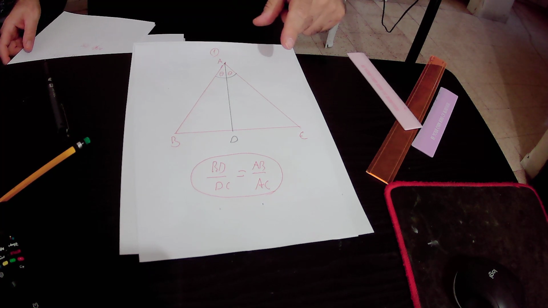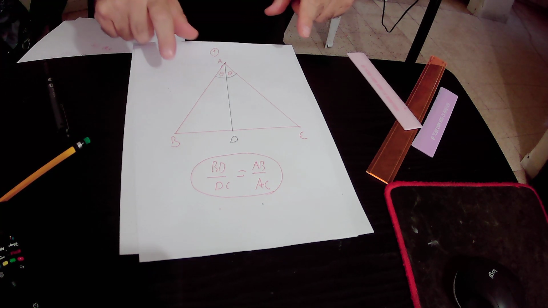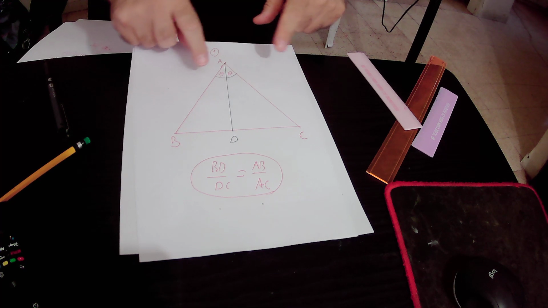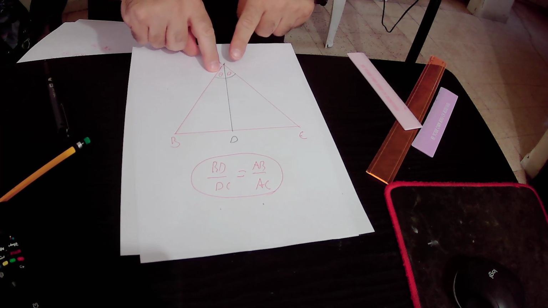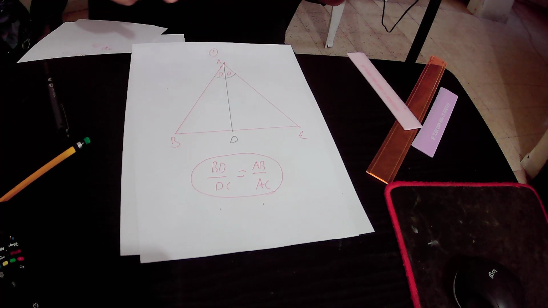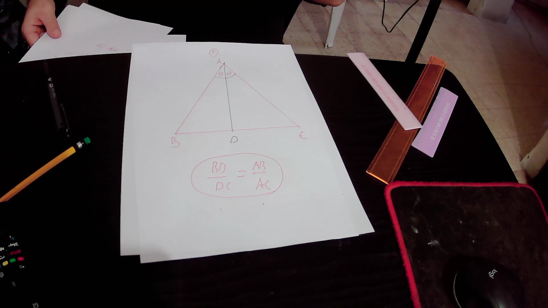Because it bisects angle BAC, it divides angle BAC to two equal parts, that is to say to theta and theta. Therefore AD is angle bisector, and according to angle bisector theorem,